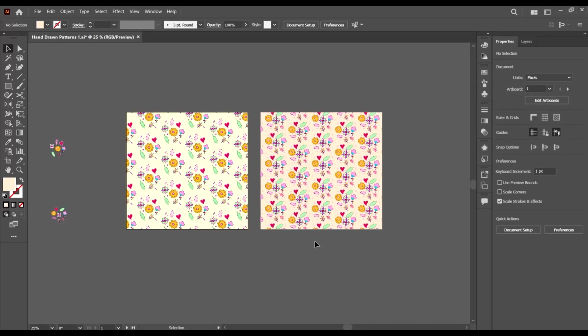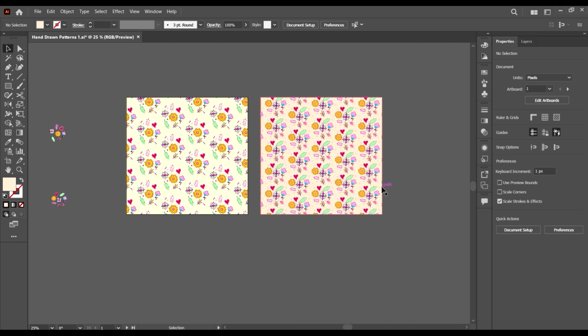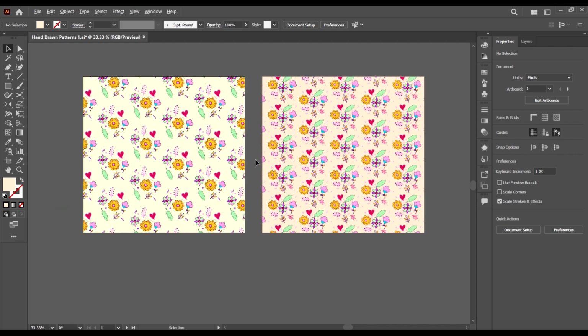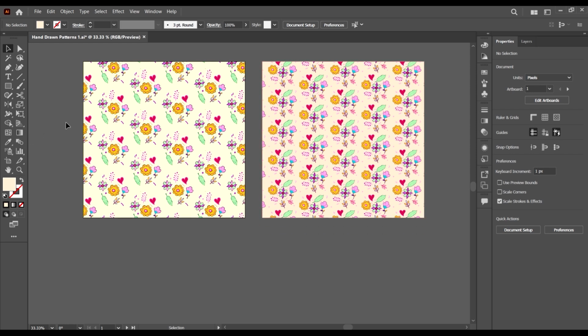In this lecture we're going to be using the Recolor artwork tool to add more color quality to our work. We looked at this tool a few videos back and we saw the possibilities of what we can use it to achieve. In this video we're going to use it to add more variations, creating more versions of our artwork